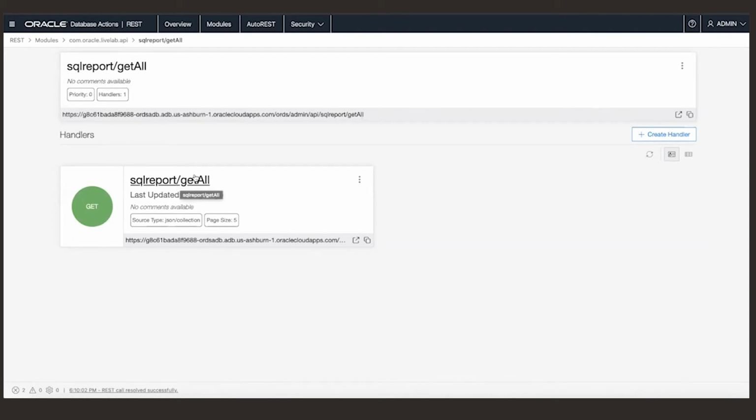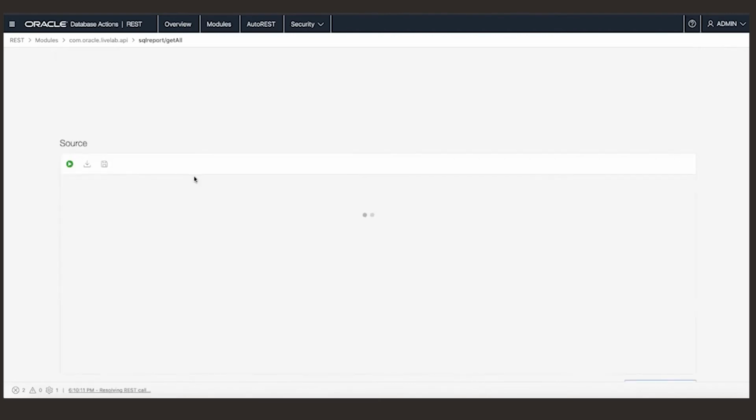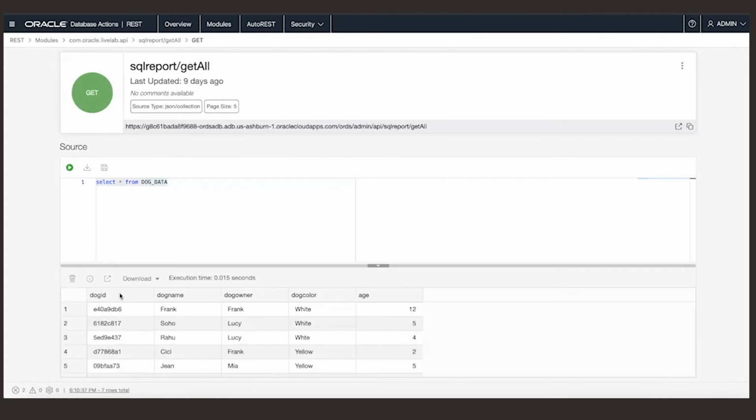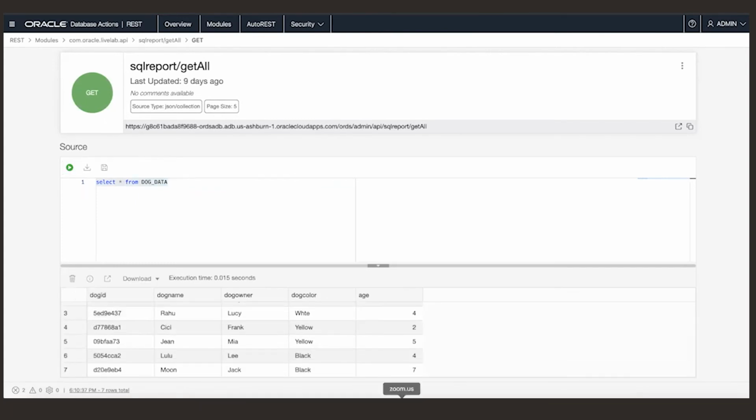And then let's take a look at what it does. Basically, under this template, I just specify select everything from dog data, which is the dog table that we previously created. And then we can click run.